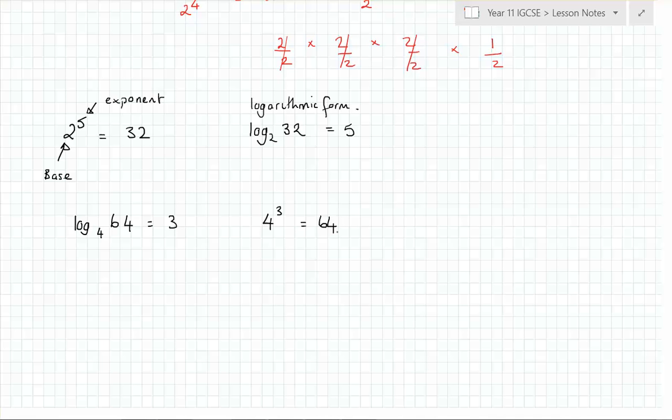Just to check then, log to the base 2 of 32: put a 2 in for the log to the base square, put a 32 in for the other one, and press enter, and you will get the answer 5. So easy thing with your calculator, not a problem, but now you know how to do it. So if we then do log to base 4 of 64,